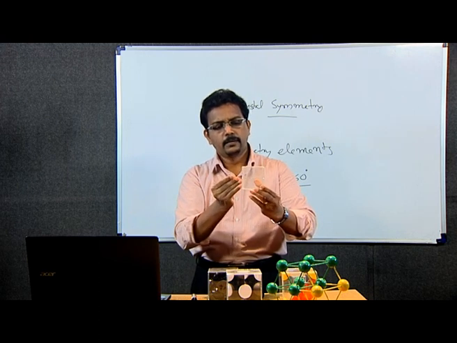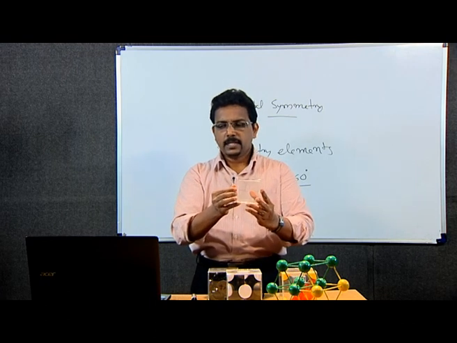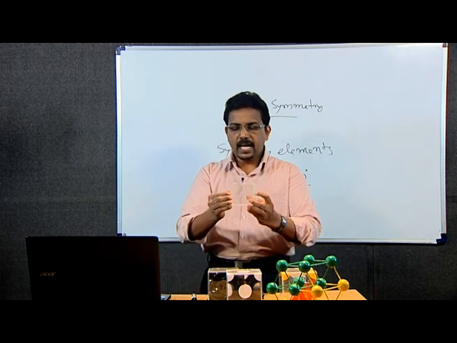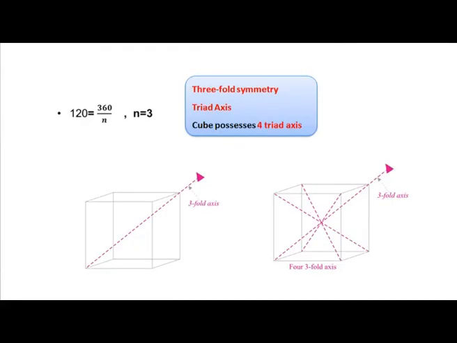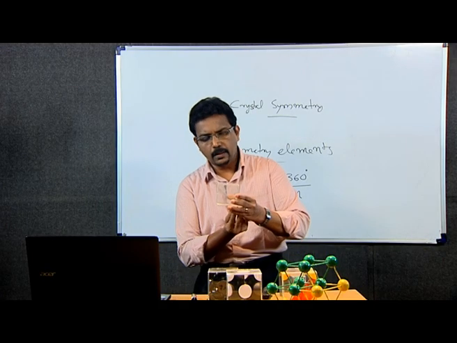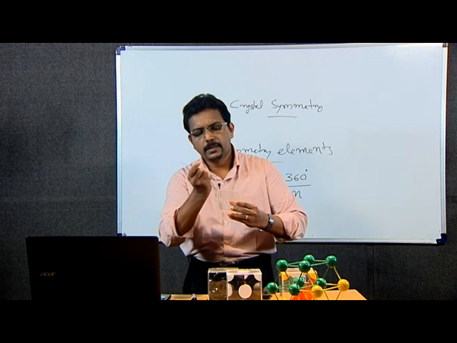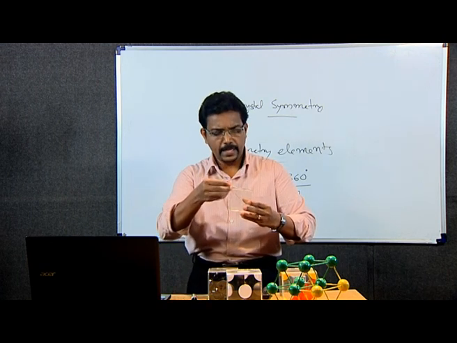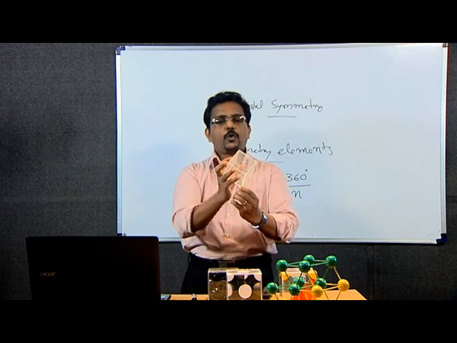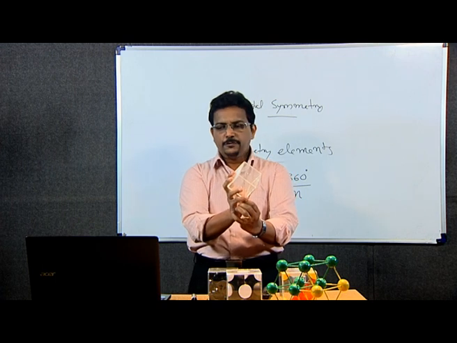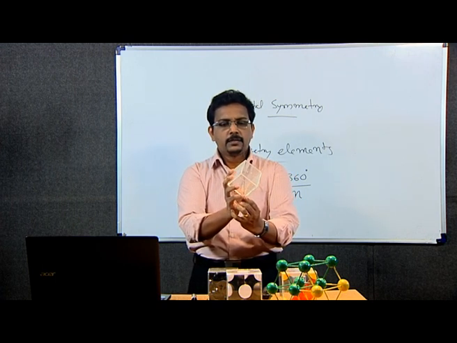These are the 3 tetrad axes which a cube possesses. We can see a cube rotating about a body diagonal. Body diagonal means through this particular corner. If you place an axis like this in this corner and rotate,